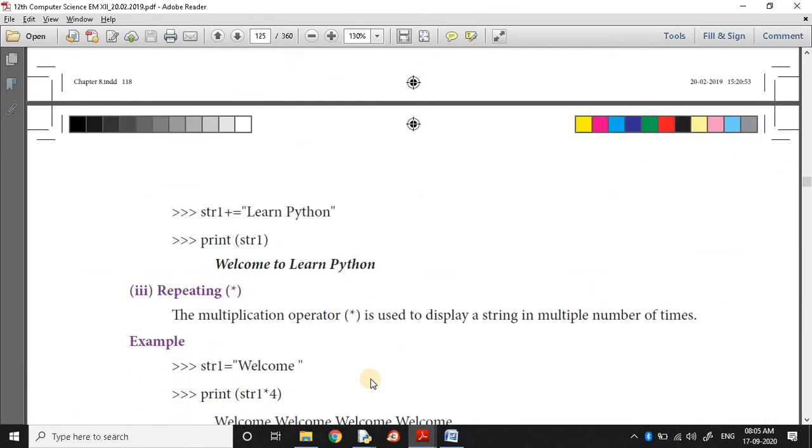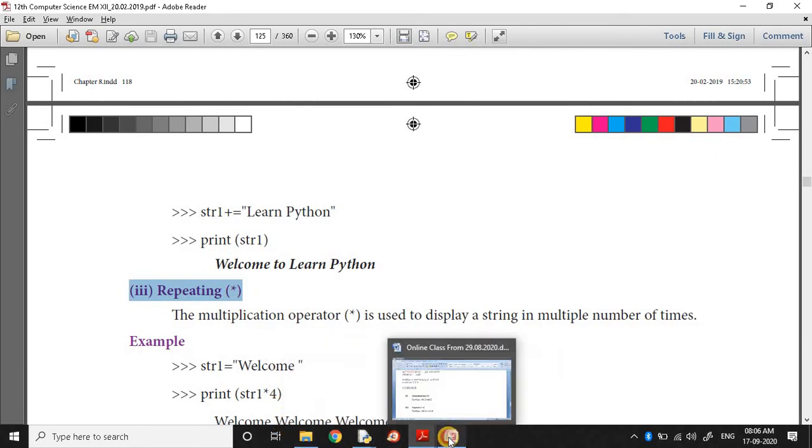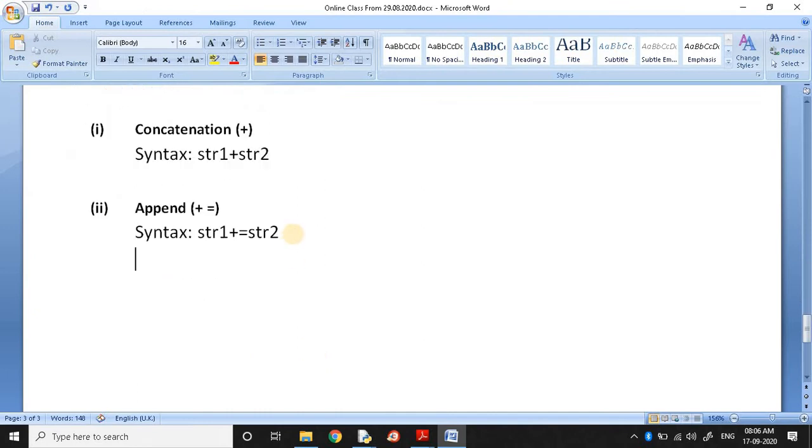Then next one is repeating. For repeating, if you want to display the same string a number of times, you can use the same syntax. The syntax is string star number of times to be repeated.